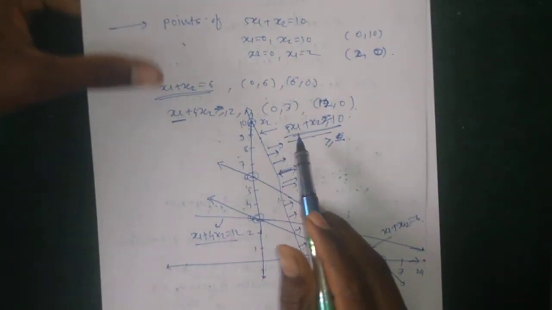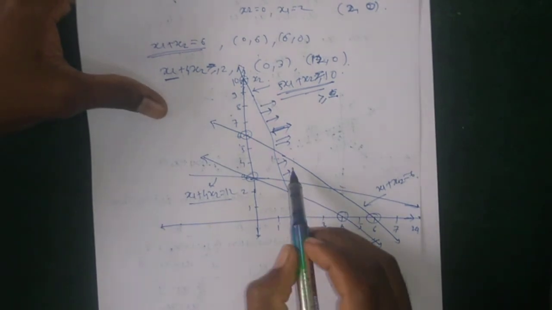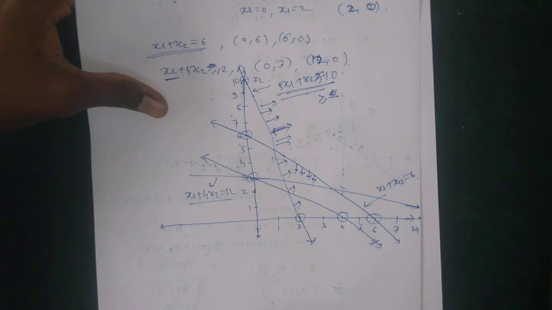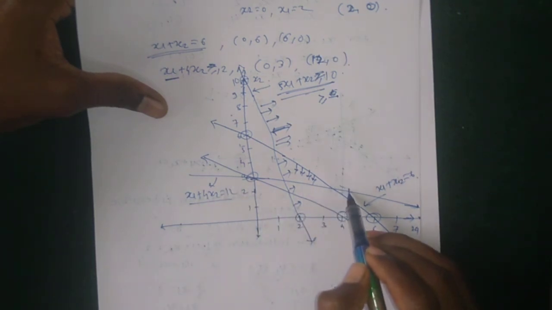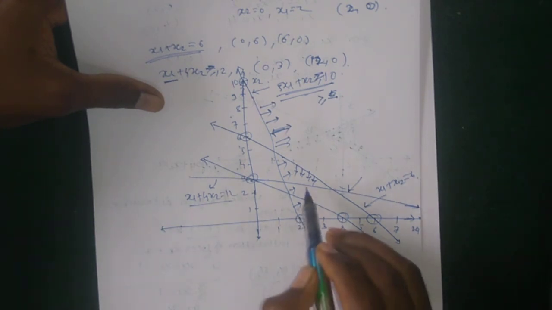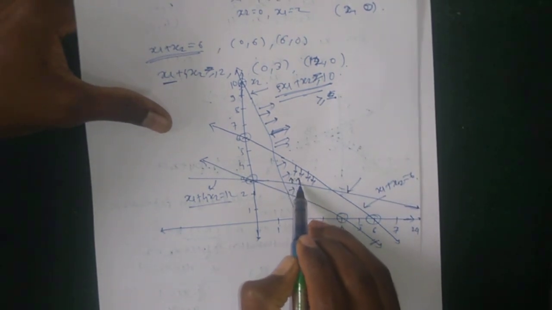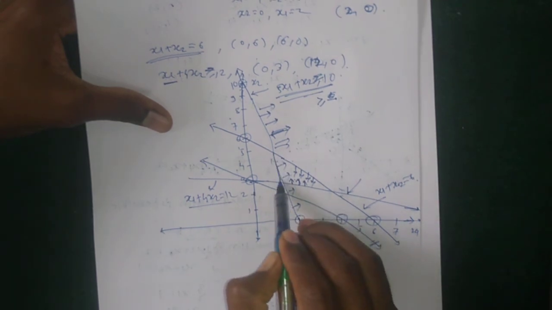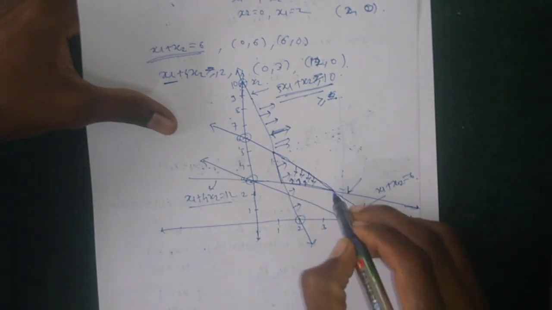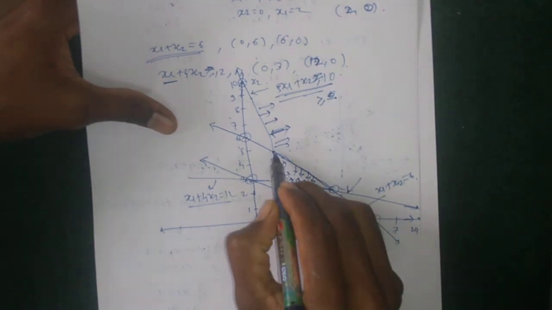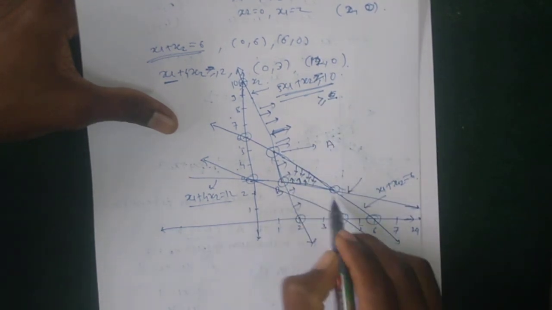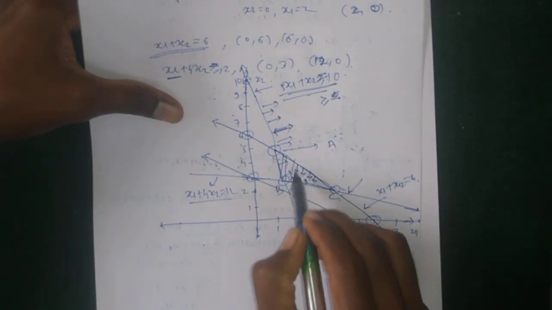So next is x1 plus x2 is less equal 6. This line is less equal 6, which means the region must be the below side. Okay, and next this line is x1 plus 4x2 is greater equal 12. Greater equal means the upper side of this. Therefore the region must be this; this is our feasible region. Okay, so this point and this point, this is the feasible region. Suppose that this is A, this is B and this is C.